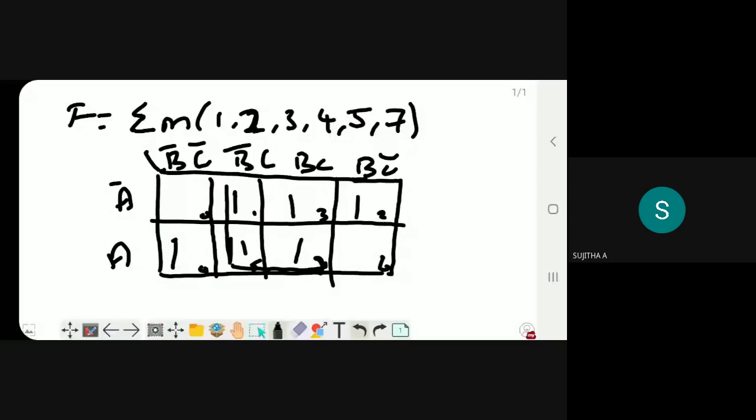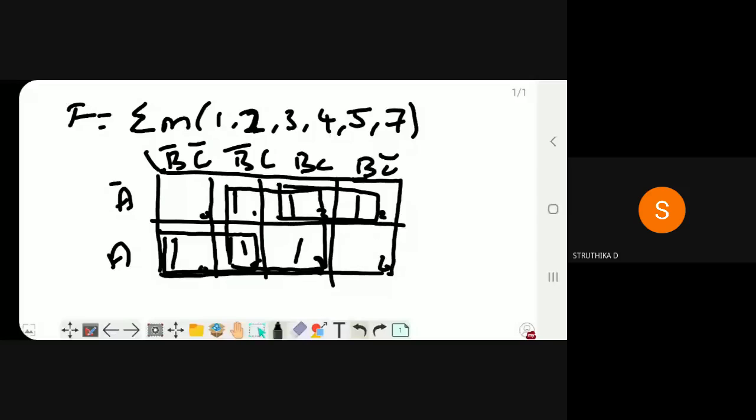Next. We can pair 3 and 2. Am I right? Here you are having 1, so we can pair 4 and 5. Now tell me the equation for the first quad pair. C, ma'am.